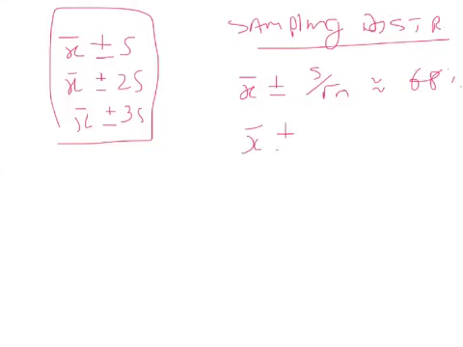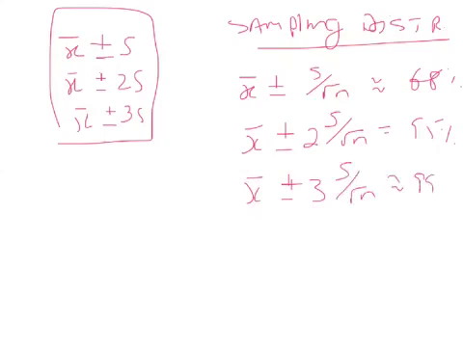If we take twice the standard error, and remember the standard error is just another name for standard deviation, but of the sample means, then we have 95%. And then if we take 3 standard errors, then we have 99.75%. So you could see here that this is kind of equivalent to what we had before, which was mu